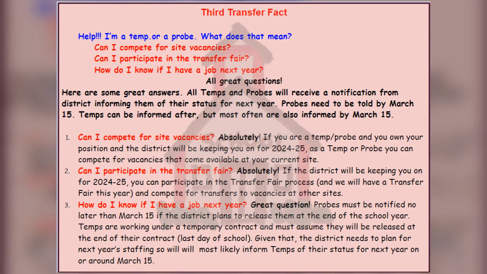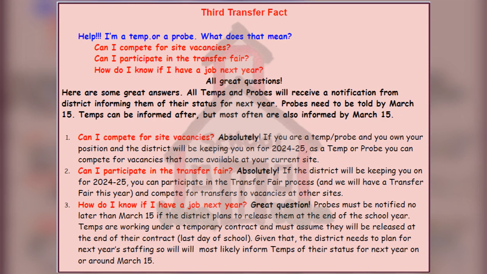or a probe one. You should get a letter that is essentially a thank you for your service letter. And it probably would include some ed code that reiterates to you that the district has the right to release you on a year-to-year basis. Now, if the district wants to retain you for the following year, you probably will get some kind of follow-up letter that says, but by the way, we really want to ask you back. We want to retain you for the following year. And here's the particular position that you're going to be retained in. And it may be the current position that you're in.